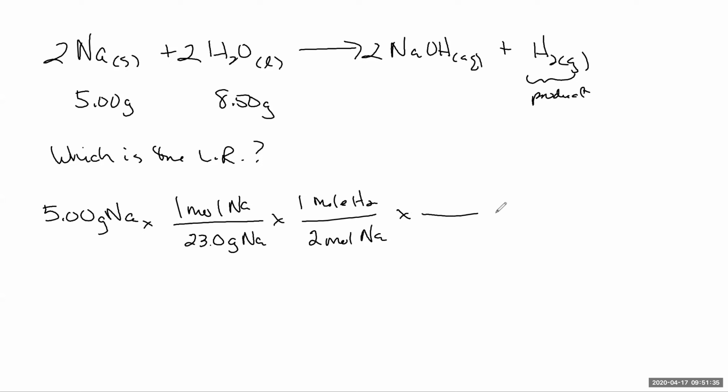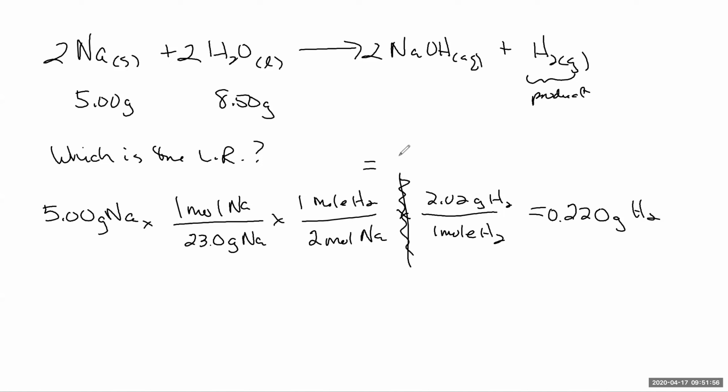If I keep going, I would then say 1 mole of hydrogen is 2.02 grams of hydrogen. If I calculate that all the way out, I'm going to get 0.220 grams of hydrogen. If I stopped right here, if I didn't do this part, that would have been 0.109 moles of hydrogen. If I now pick my other one, 8.50